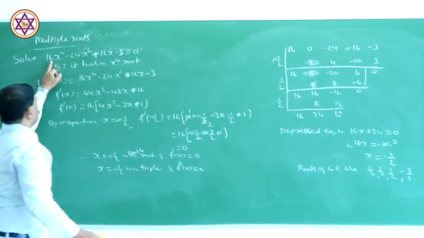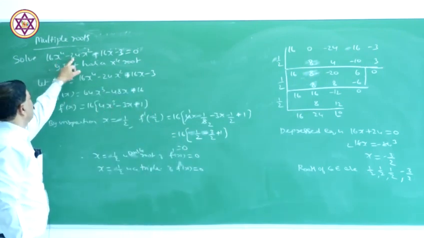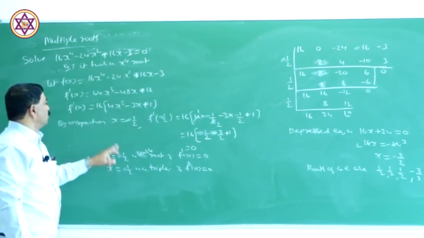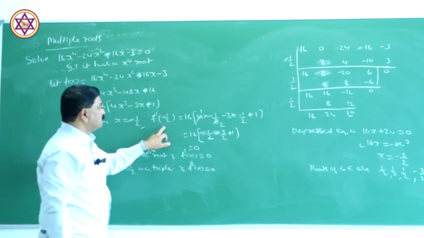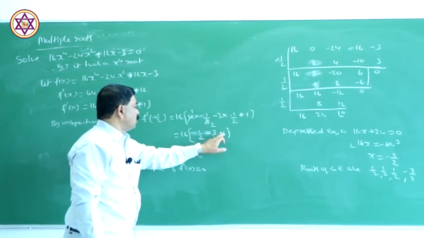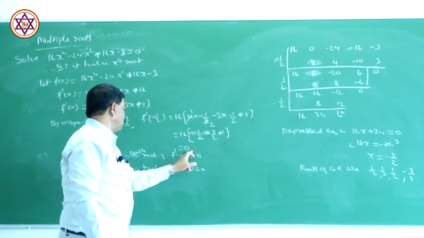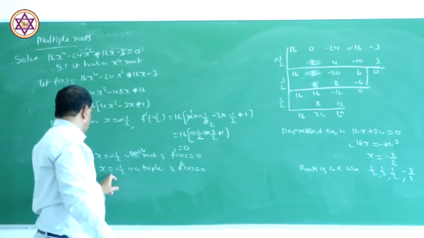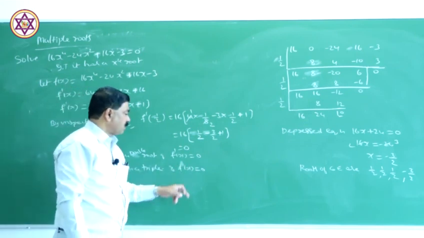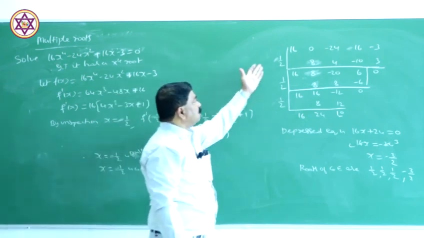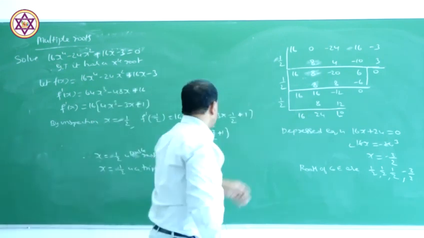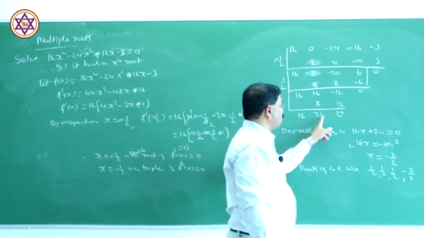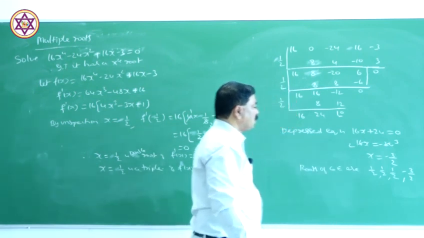So we get this is the correct equation, 16x⁴ − 24x² + 16x − 3. So differentiate this one, 48, 16. So we get x is equal to half. If we take like this, we get half minus 3 by 2 plus 1, 3 by 2 minus 3 by 2, 0. x is equal to half is a double root of f dash of x is equal to 0. So x is equal to half is a triple root of f of x is equal to 0, because here this expression divides 3 times. That is, if we take double root, here we get triple root. So differential equation is 16x plus 24 is equal to 0, x is equal to minus 3 by 2.